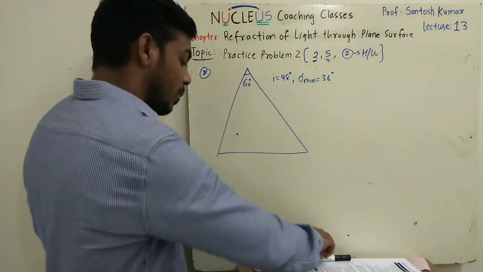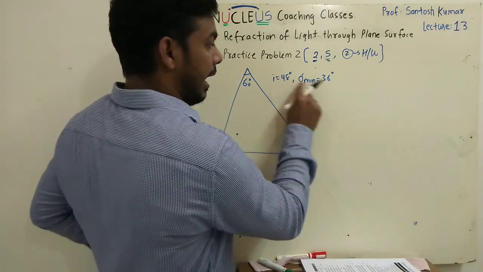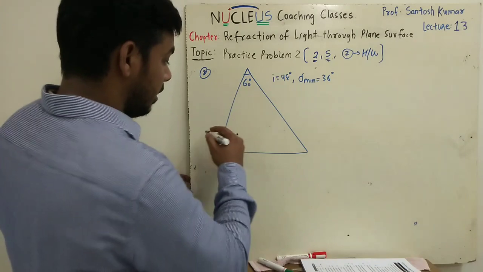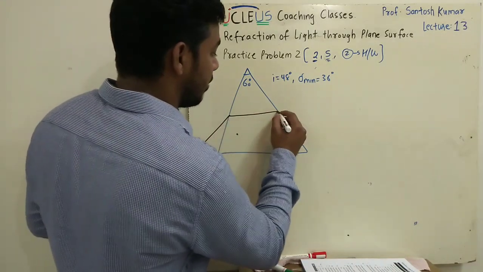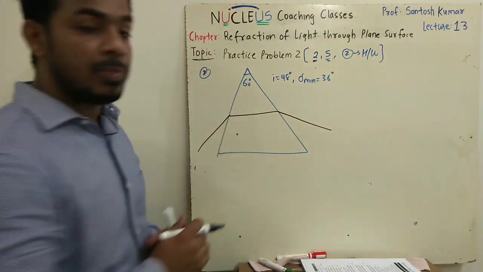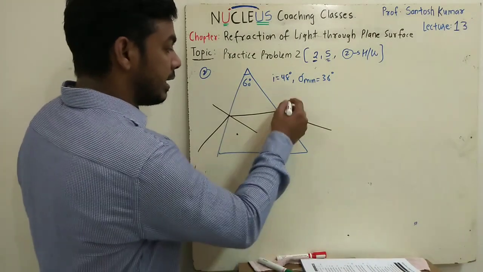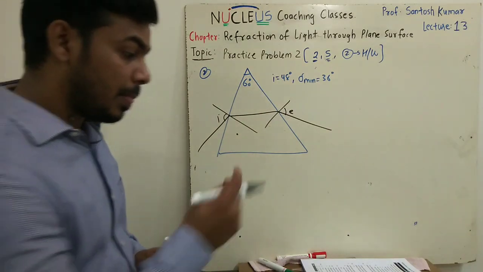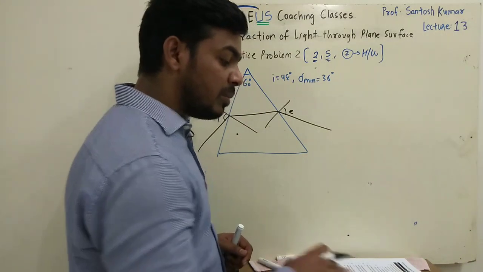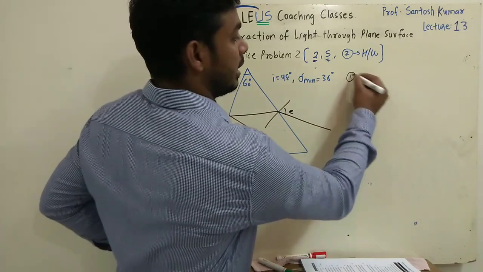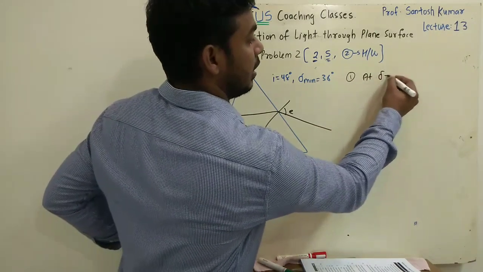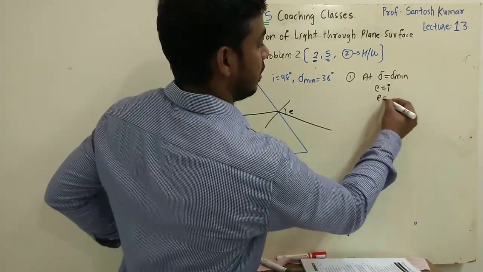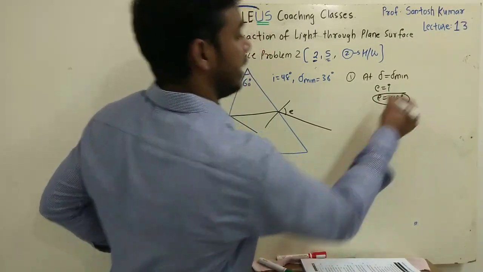So what do we know about that? At angle of minimum deviation, the value of i is equal to e. Remember, I have explained to you that at minimum deviation the refracted ray is parallel to the base, and in that case this i and e are also equal. So what is ours over here? What will be the angle of emergence? The first case, at delta equal to delta min, we know that the value of e is i, so the value of e will also be 48 degree.